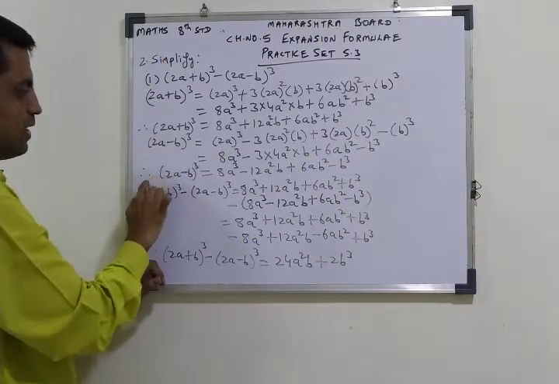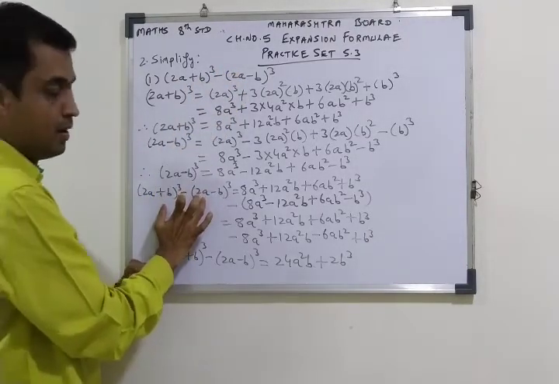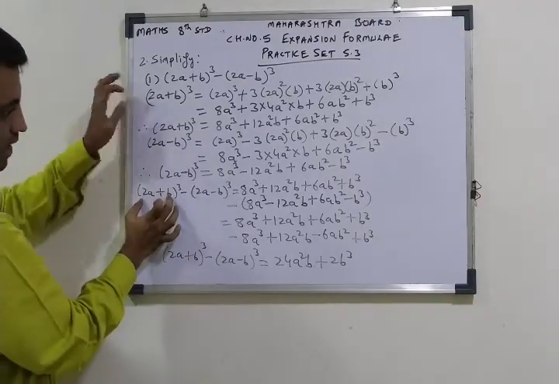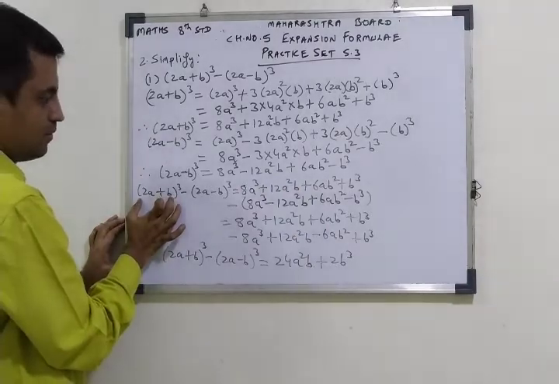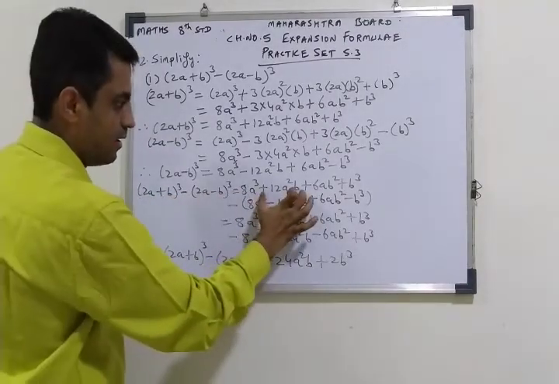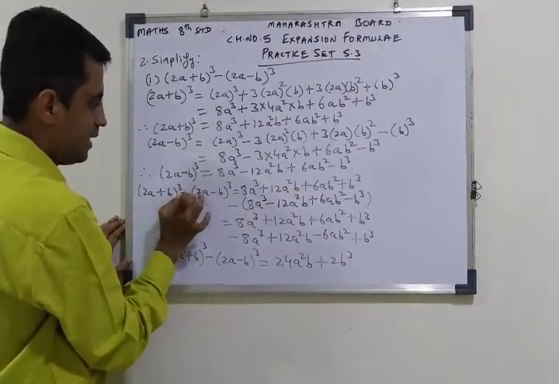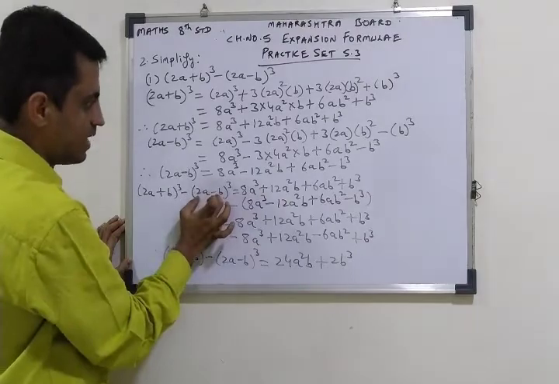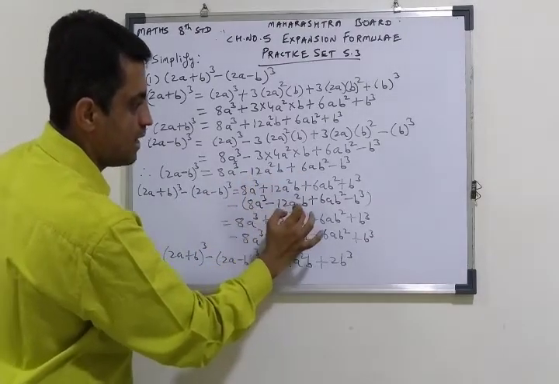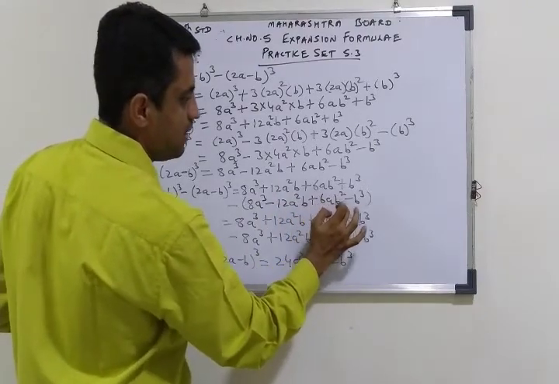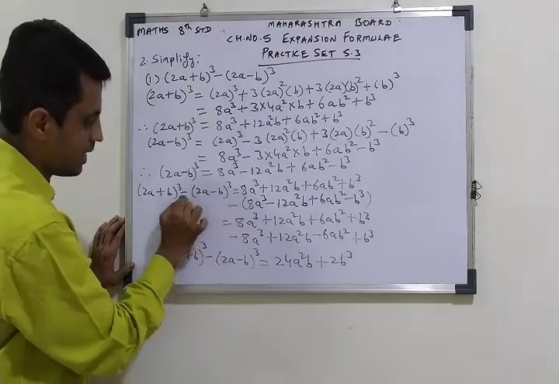Therefore this value and this value. Very important. Now we are copying down the question here. This value we already got here. See here, this we have copied here. The value of this part we are copying here. This whole part we have copied here. Then minus sign and the value of this is this. You can see here, 8a cube minus 12a square b plus 6ab square minus b cube. Put minus here. Why? Because there is a minus here. So put minus, don't forget.